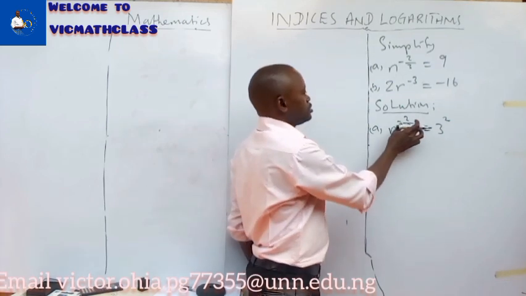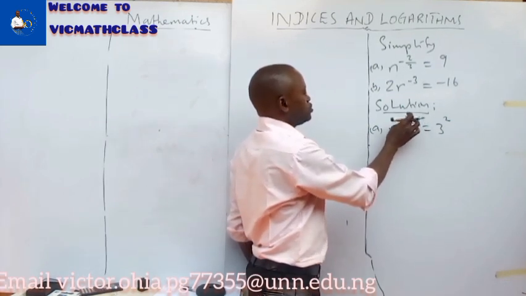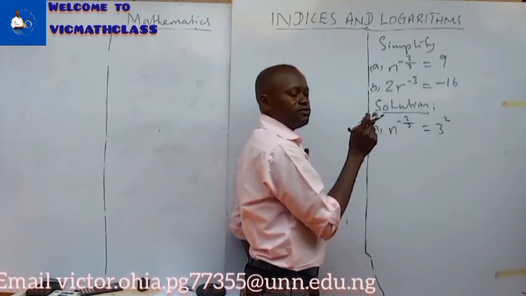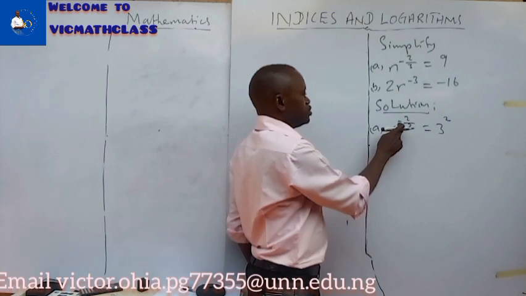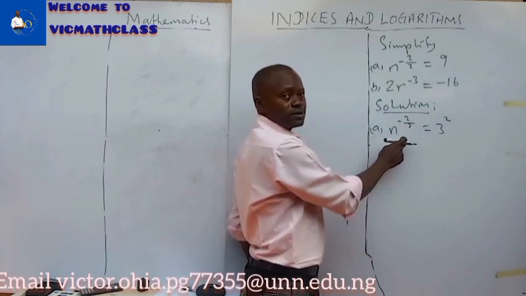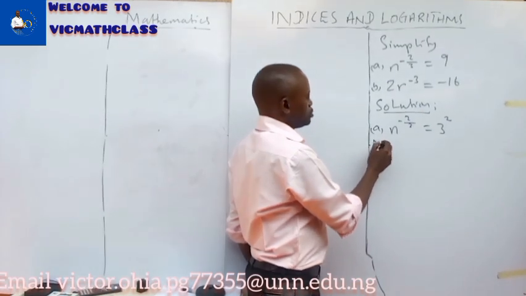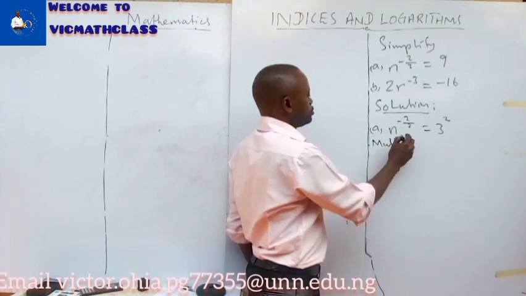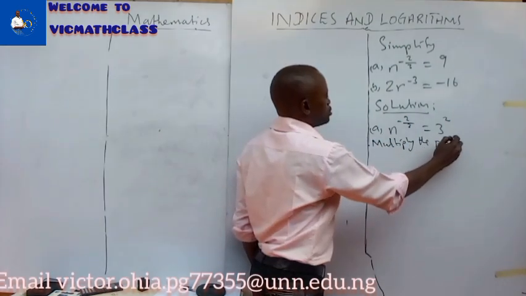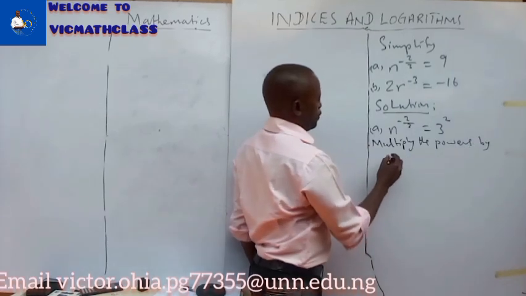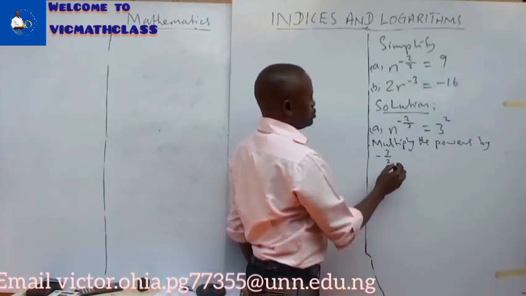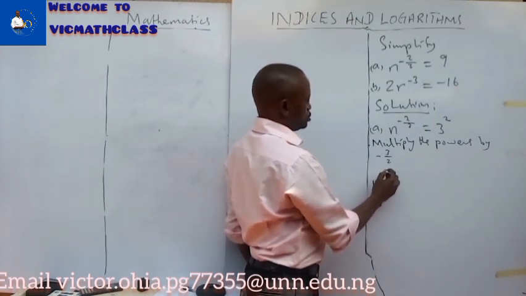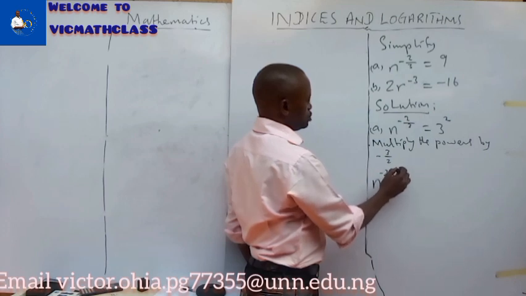If I want to remove this minus 2 over 3, I multiply it by the inverse, and you will realize that this will become 1. What do I mean by that? If I multiply the powers by minus 3 over 2, you realize that here you will now have n raised to minus 3 over 2 times minus